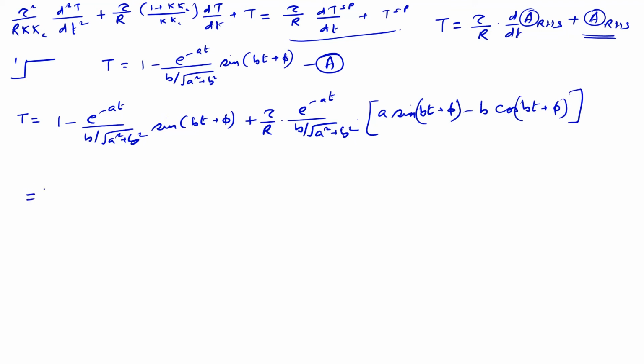The algebra gets messy, but it's doable. So what we get is 1 minus e to the power minus a t times b by square root a square plus b square. So there's a sine bt plus phi term, and that is